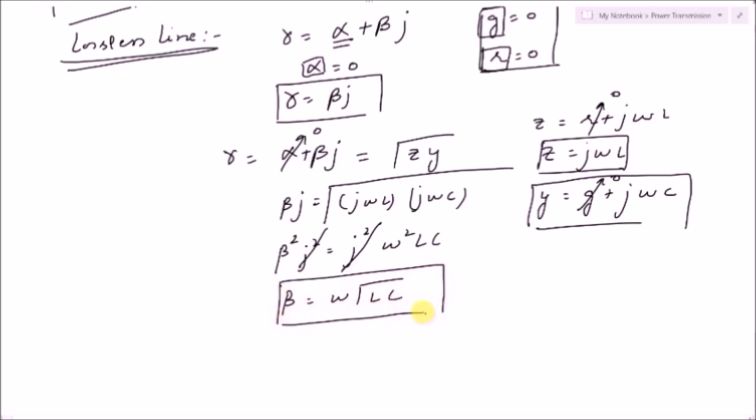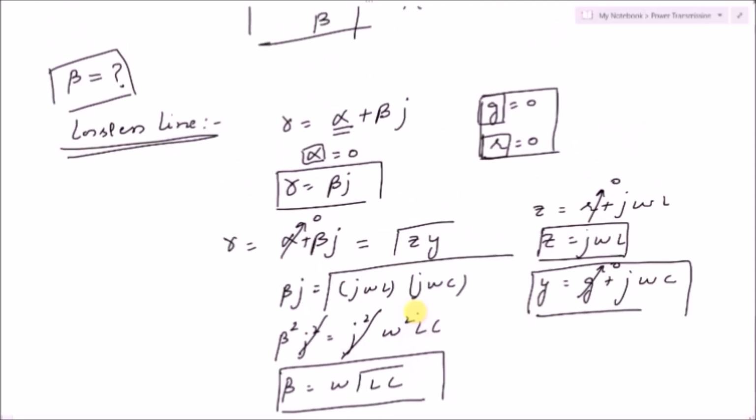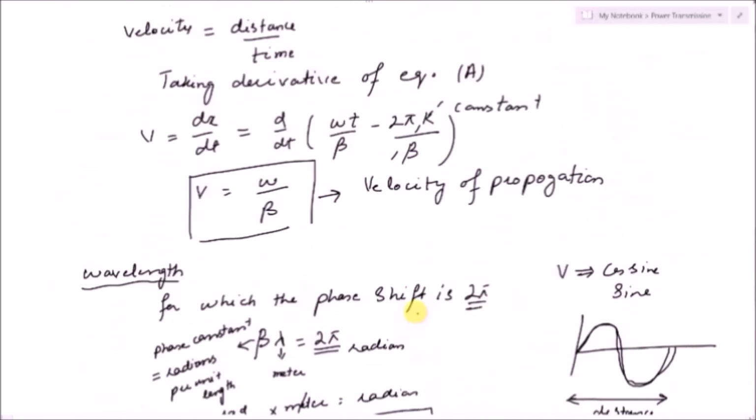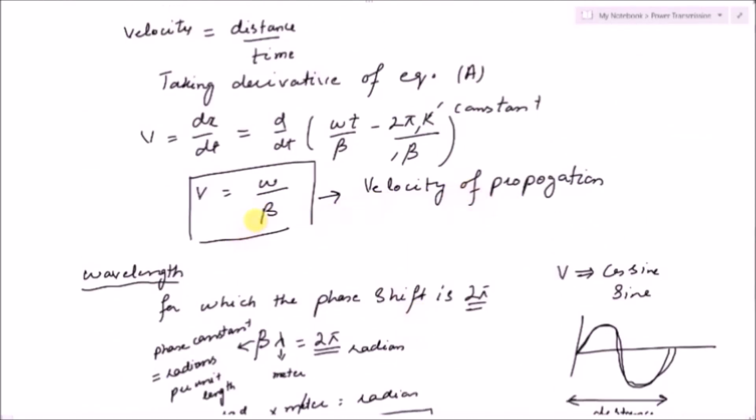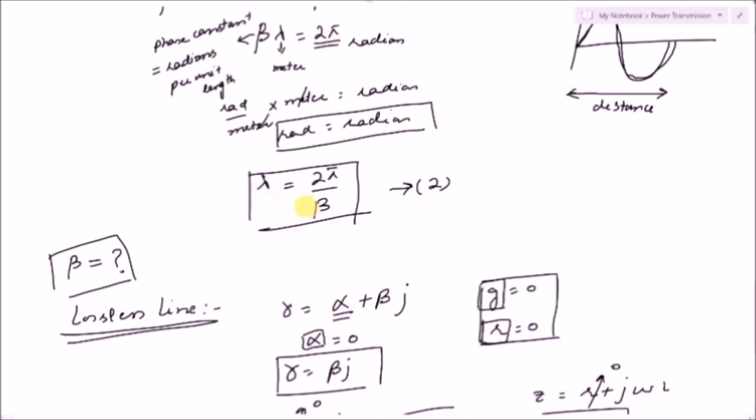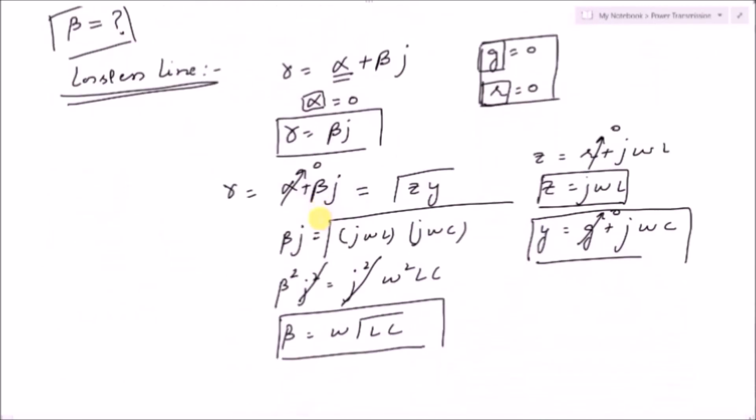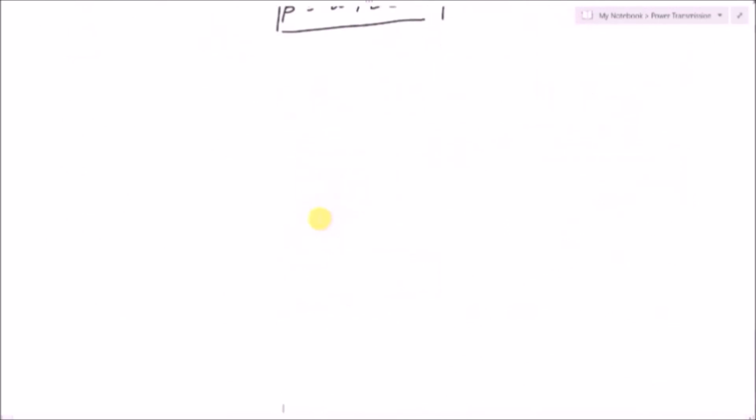So after considering the lossless line, we have calculated the phase constant value. In these two equations, for the velocity, we now know beta, and omega is equal to 2 pi f. We can calculate the velocity of propagation of the wave, and for the wavelength, we again know the value of beta. So 2 pi by beta will give you the wavelength of that line. So now the equations will become